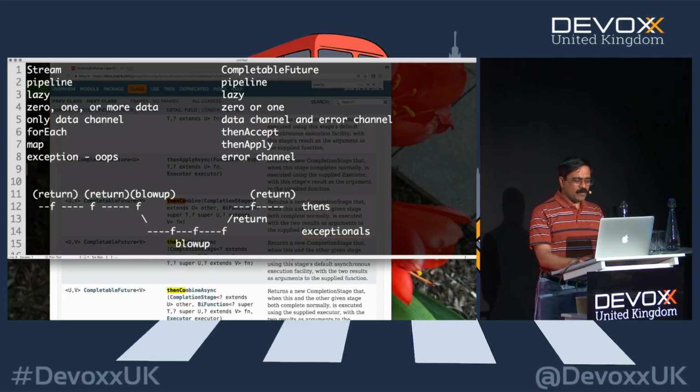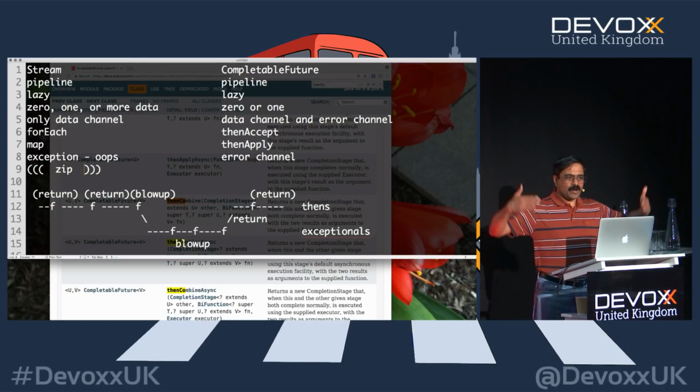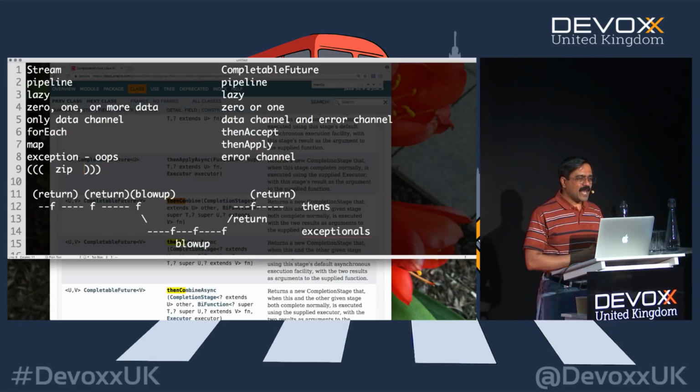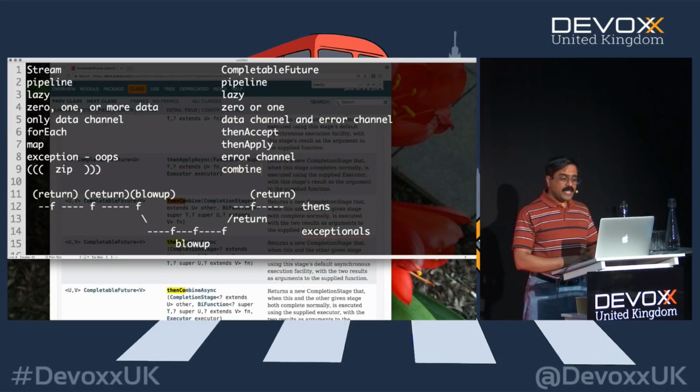In my opinion, what maybe comes really close to it is something we don't have in Java, unfortunately, right now. So I'll put it in a parenthesis. This is like the zip method. So you're really zipping through multiple streams together. We don't quite have that capability in Java, but this is really where you're getting this really nice combine method. On the other hand,